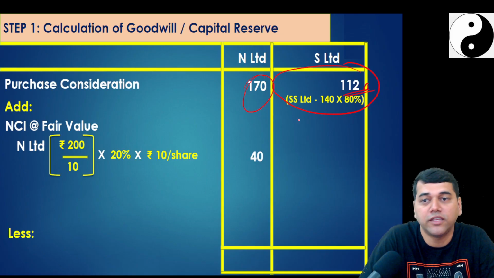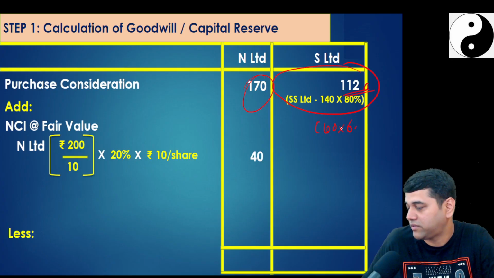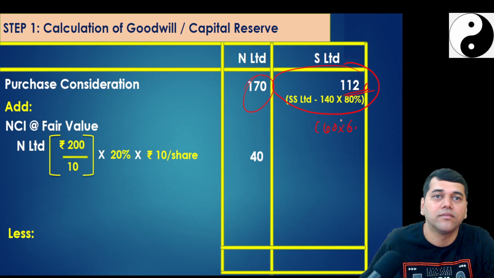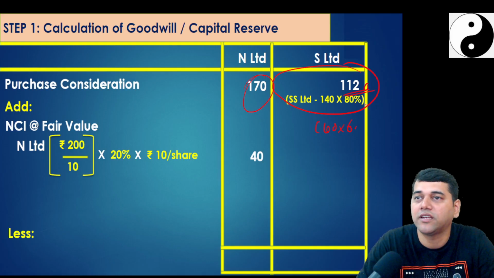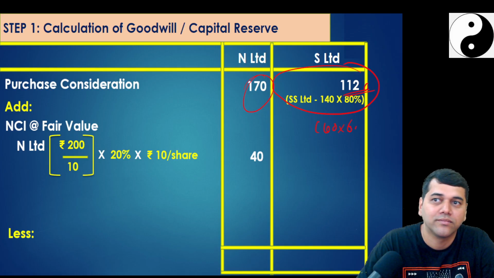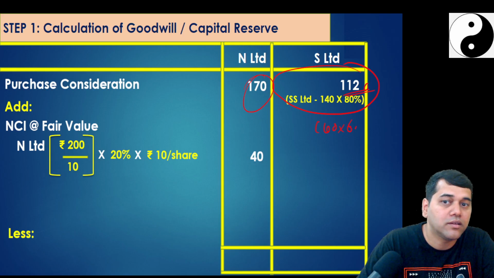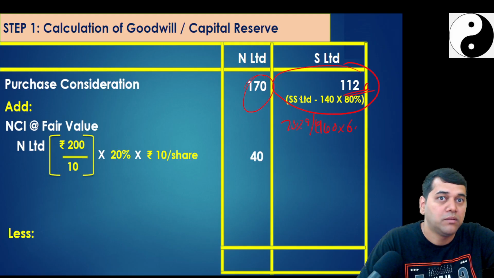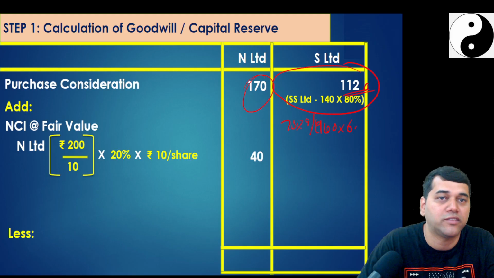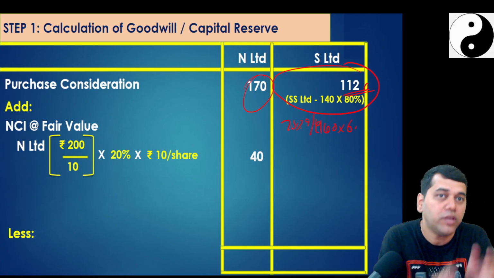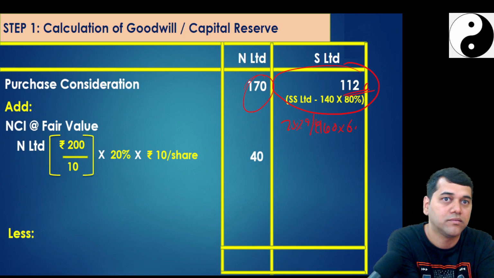How did you get 105? I think you must have taken 140 into 60%. No, how did you get 105? Any students got any other number? I am very much eager and interested to know. These are all 75% of 140. Understood why it is not 75%? We have to say that, look, 75% is invested, but 100% of 75% is not what P Usha has invested. Usha has invested only 80% of 140. What you have taken is your investment in Nisha, Sandhya Limited. Understood?